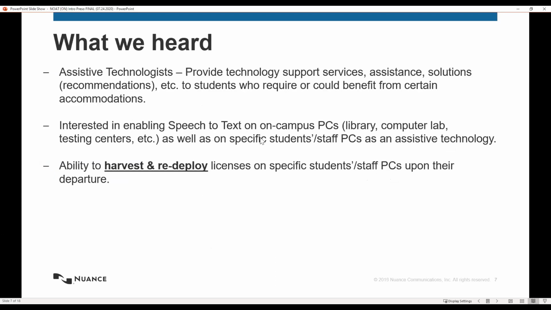Thanks, Eric. Thanks, Tom and Bill as well. And just a quick summary. I've been speaking with Doug for a little while. I saw Ann Newman out there, I believe, as well, with Queens. I've been speaking with Ann as well. And from what we know, Assistive Technologists, you guys provide the support services, assistance, and make recommendations on solutions to students or faculty and staff, mostly to students, who could benefit from a medical accommodation, who could benefit from certain technology. Dragon is speech-to-text technology,